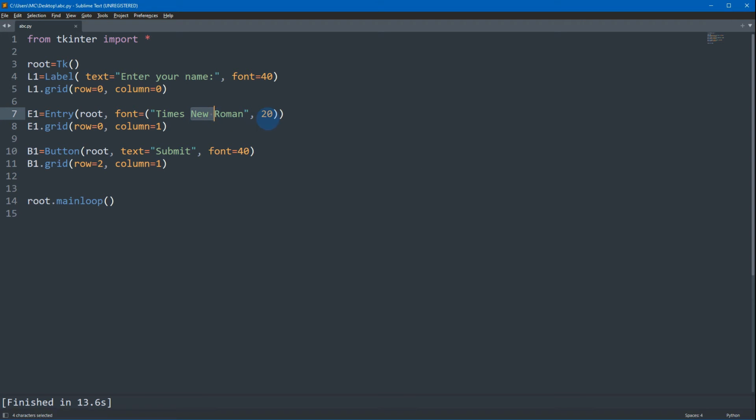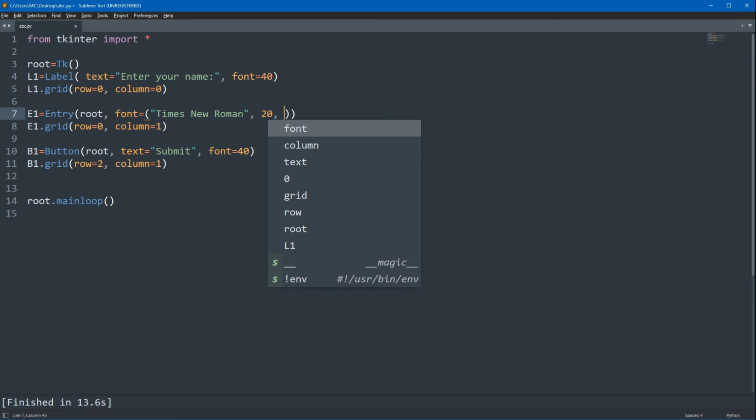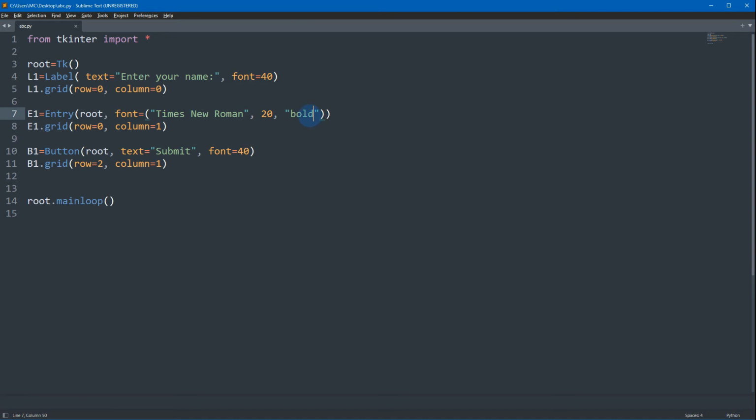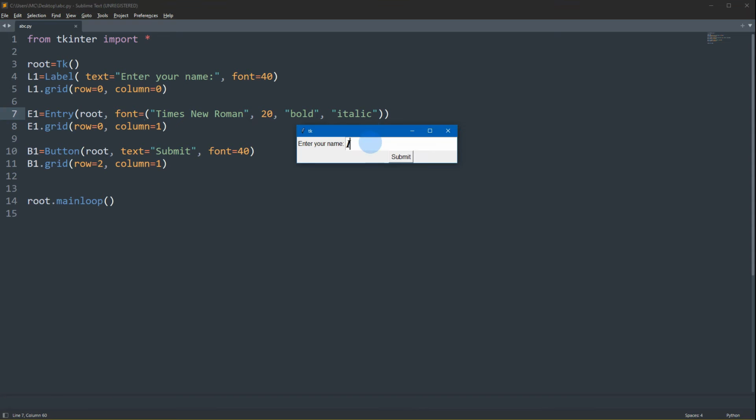Aside from the font style and the font size, you can also identify if the font inside the entry or the text inside the widget is in bold, italic, or underline. So for that, we have the third parameter or the third value, which is bold. So for the output, let's try ITS and then observe our text now is in bold letter. If you want it italic, you can have another, then type italic. Let's try IDS. So observe, it is in bold and italic.